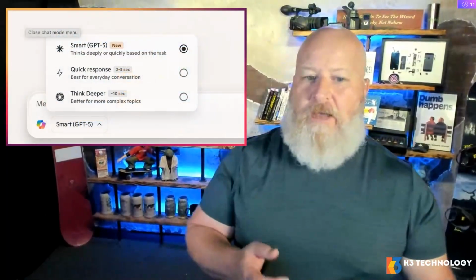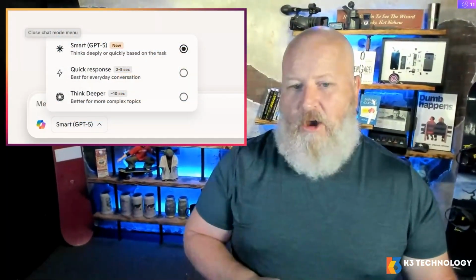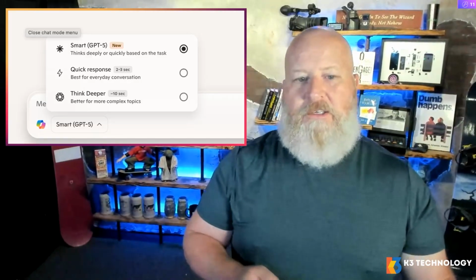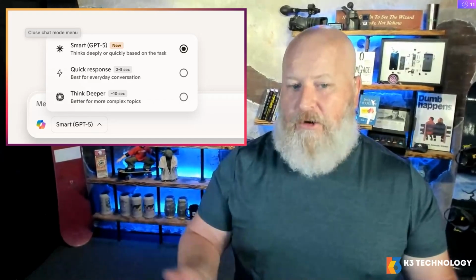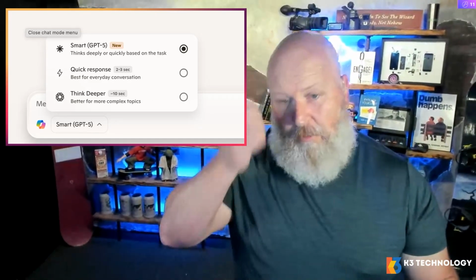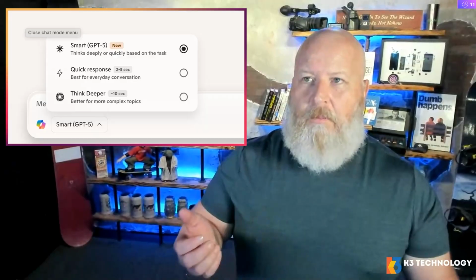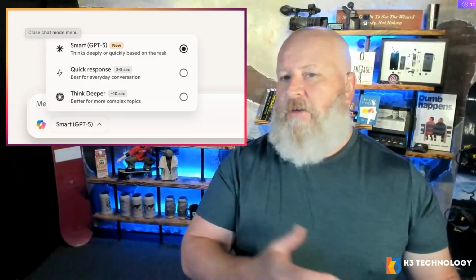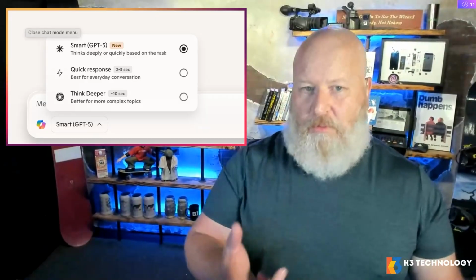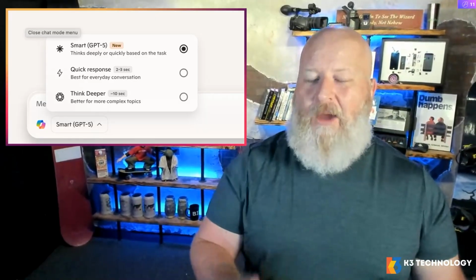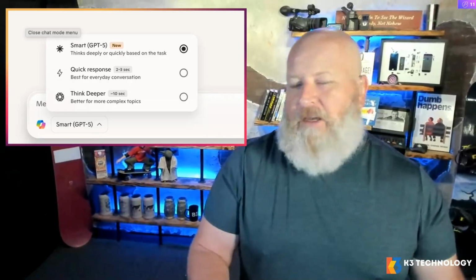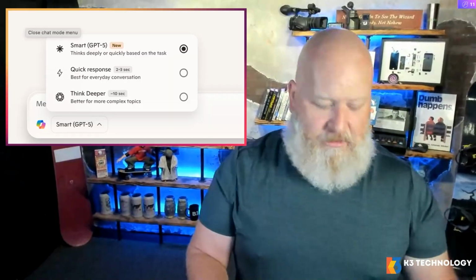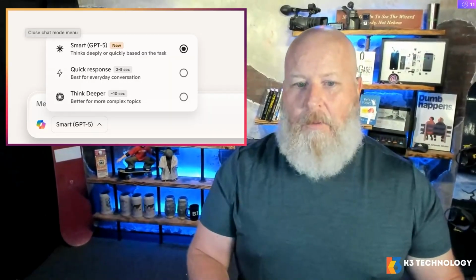So for example, you can go into Copilot. This is Copilot right here, and you can say, I want you to use Smart GPT, quick response. I want you to think a little bit deeper about your answers, right? So again, with different models, they will either do deep research or just give you a surface answer. You can go into Perplexity or Claude or Grok and say, I want you to do deep research on something. And it'll take 20, 30, 45, 60, 90, 180 minutes to come back